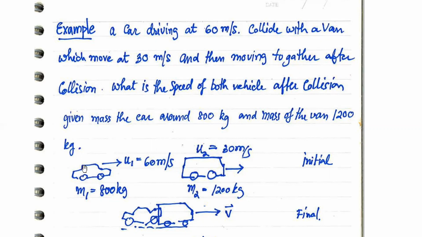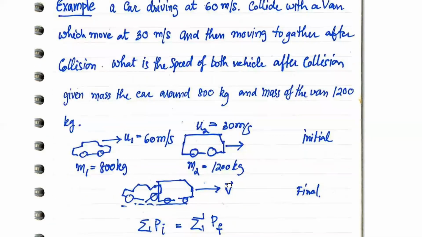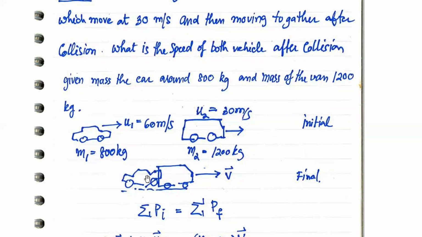So you see that the velocity of the car is 60 meters per second and the van is 30 meters per second. And M1 is 800 kilograms and M2 is 1,200 kilograms. And they collided, and then assuming that they stuck together and move with some velocity,